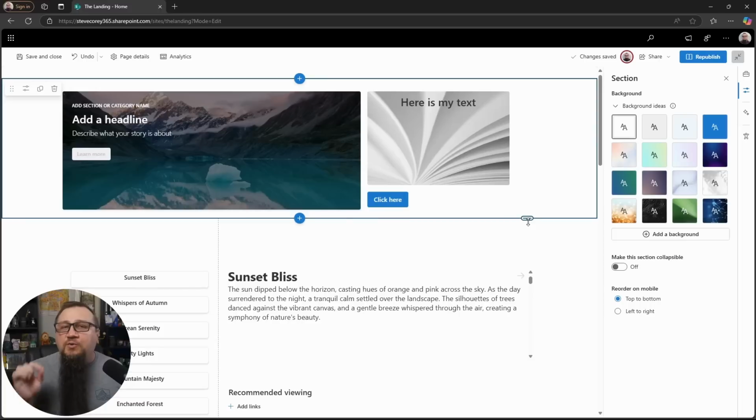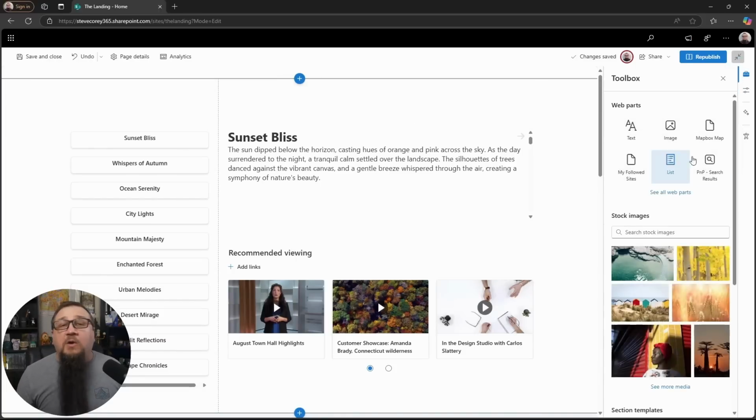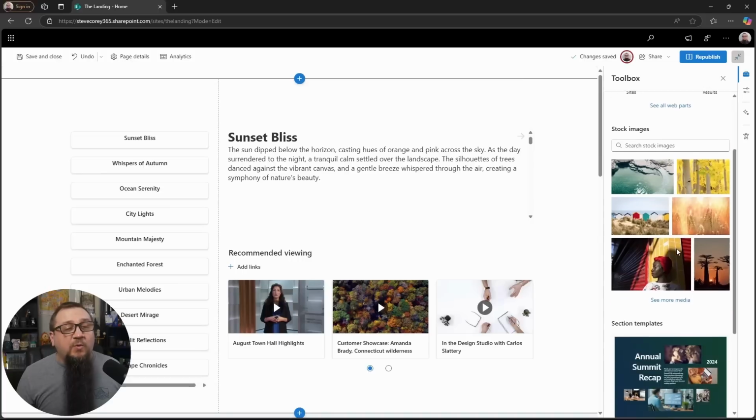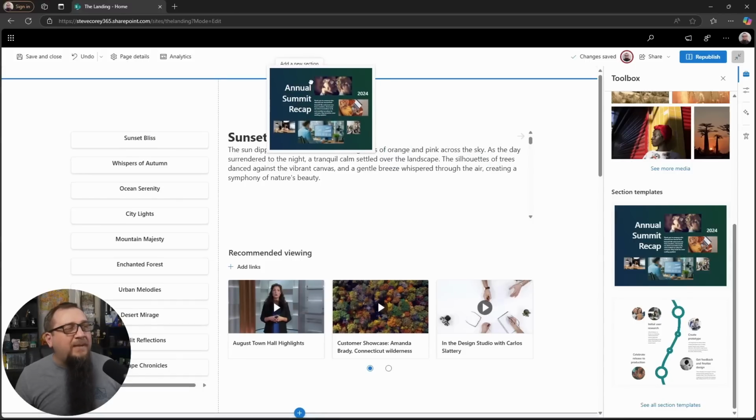Another really, really neat thing is if you want to start with something other than a blank slate, a blank flexible section, you want some inspiration, you want to start with something that looks cool. Well, if I just delete this whole thing, then I can go to the toolbox where all the web parts are. And if you scroll down, you'll see section templates. Some of these are going to be flexible sections. Look at this annual summit recap. I can drag this onto my page,